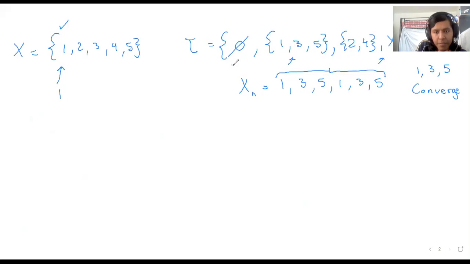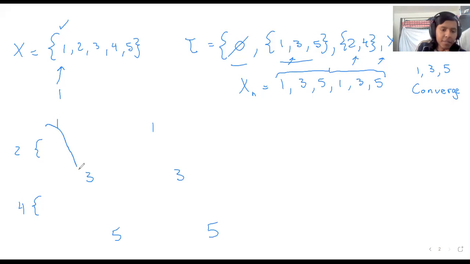So this one does not have 2, we don't have to test it. This one doesn't have 2, we don't have to test it. This one has 2, so the only boundaries we have are 2 and 4. And the sequence goes 1, 3, 5, 1, 3, 5. As you can see, it does not even touch the sequence. And that's what Dr. Garcia was saying, that it could go in and come out, in and come out. In this case, it doesn't even really touch it if we're jumping.